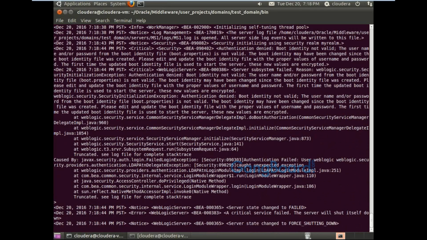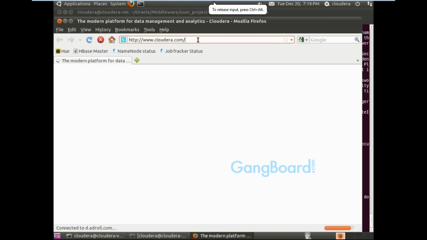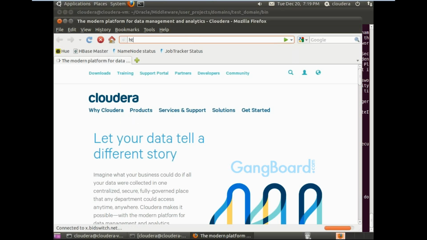It is not capturing the boot.properties file. Two problems here: it is not opening the server as well as boot.properties.